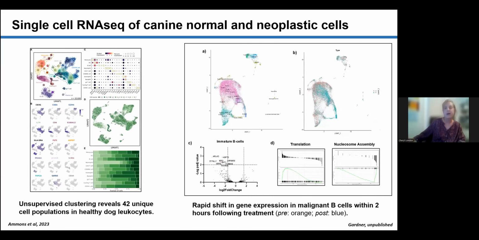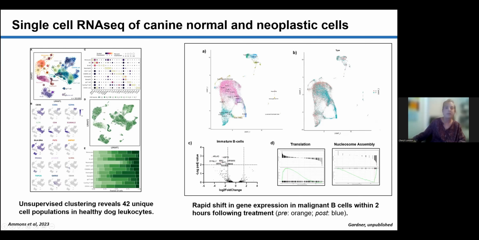Just to give you a sense of how single-cell RNA-seq has really been able to help us define what we're working with in canine cancer, and particularly in the field of immuno-oncology. This data was recently published by Steve Dow's group, where they actually looked at peripheral blood mononuclear cells in dogs and found 42 unique populations by single-cell sequencing. And this is just an example of what this looks like. So this really, again, exemplifies how when you have the ability to dive deep and understand the genomic landscape of what you're working with, you can find all of those individual cell types and populations that really mirror what we see in humans.